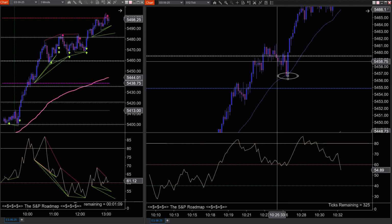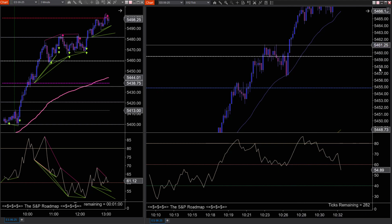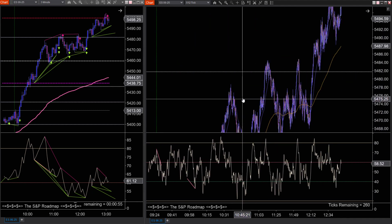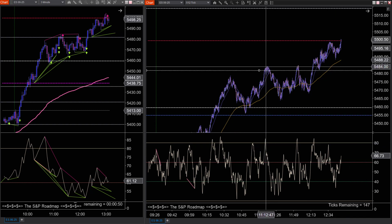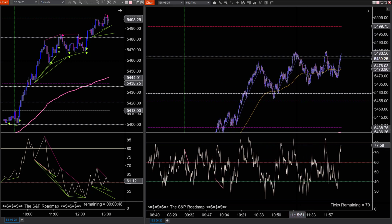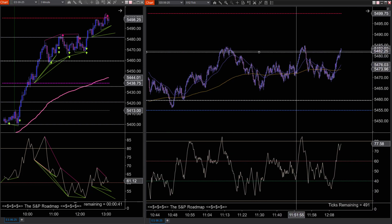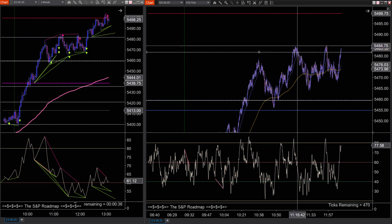Whether it's a little 2-point scalp or a 4 or 5 point scalp, that is where we expect the market to potentially hold. So it held perfectly and then went right back through, and then we didn't really get the next sexy setup until we broke out through here. And notice, even though it cut through by, in this case, 2 points, we still came to the next major roadmap level and started to pull back, and you had 2 short opportunities from there, right? So even though it wasn't a picture perfect hold to the tick, it still held within less than 3 points